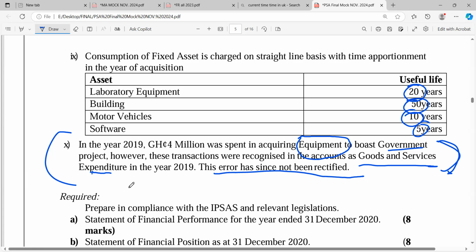No, you cannot subtract from services. Accumulated fund. You have to subtract from accumulated fund because it was not this year's goods and services that they added it to. They added it to 2019. You have to hit it against the accumulated fund. Once they treated it as an expense, they've subtracted. So when you go, you have to add back.